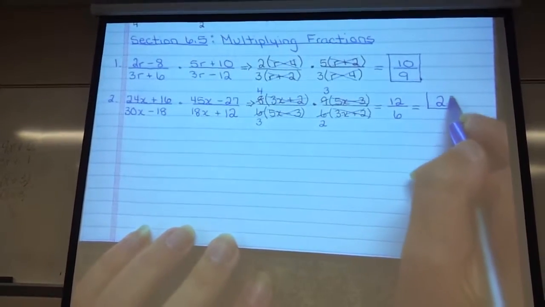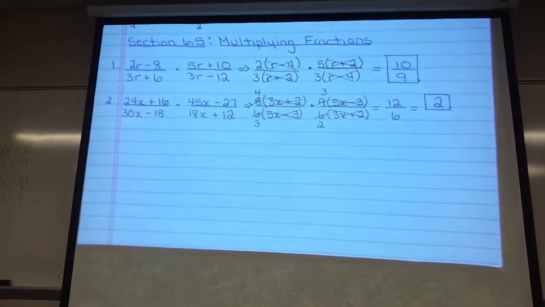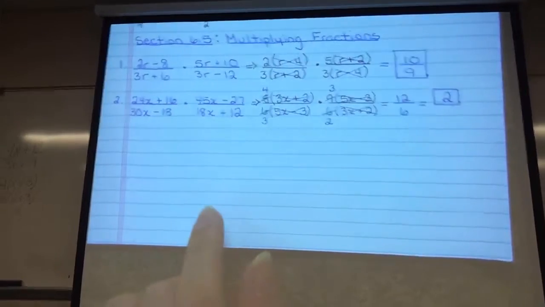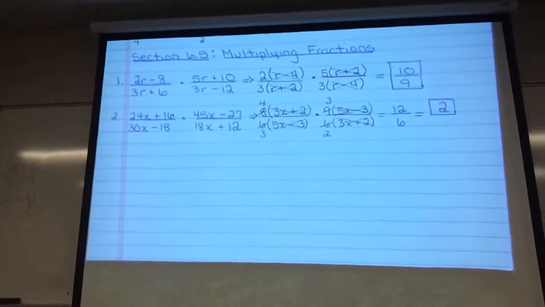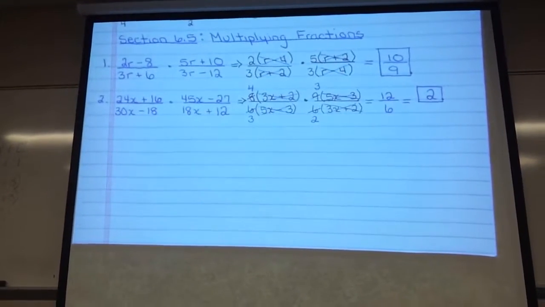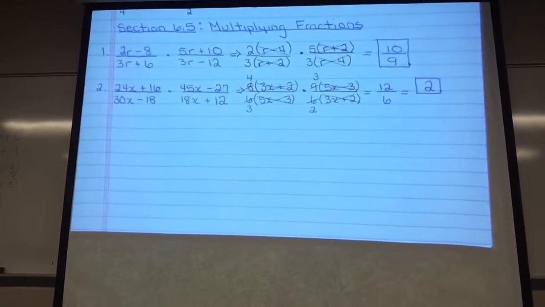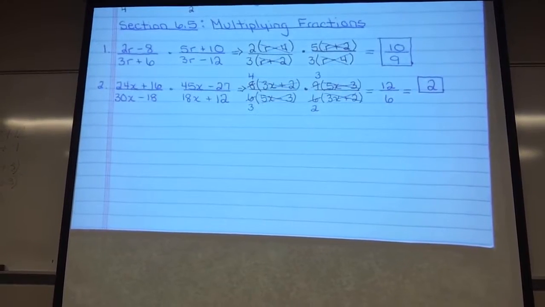You would never think that whole answer is just 2. Again, in your homework, don't make me mad. Don't write this problem and then just say equals 2, because you have to show me how you did that. When you go back to the 15x minus 27,